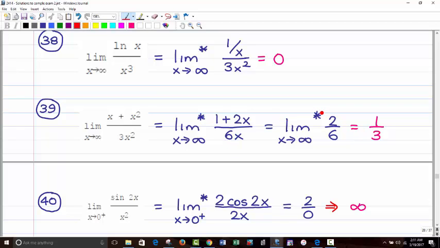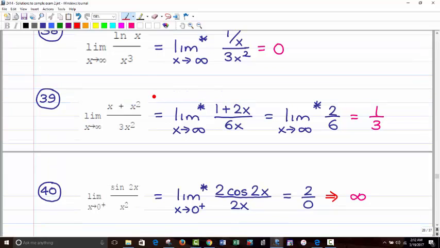L'Hopital's rule again would be 2 over 6, which is 1/3. But let me show you a little trick on this one. It kind of goes back to stuff in Cal 1 with limits at infinity. This is probably not likely to be on an exam because it really does revert back to Cal 1. But actually, you see, even though it's written in a different order, x squared is the largest term